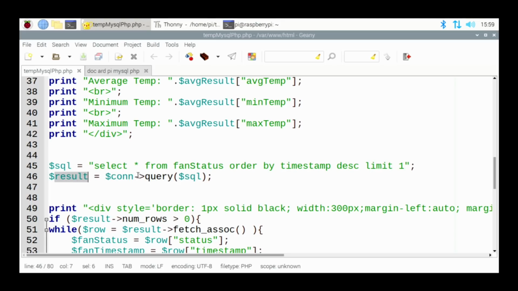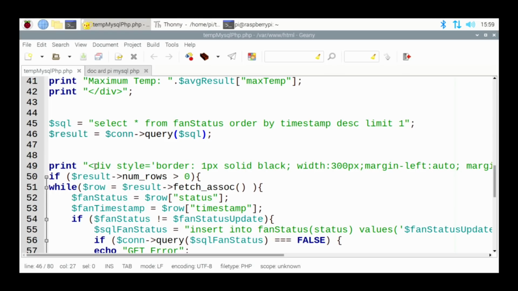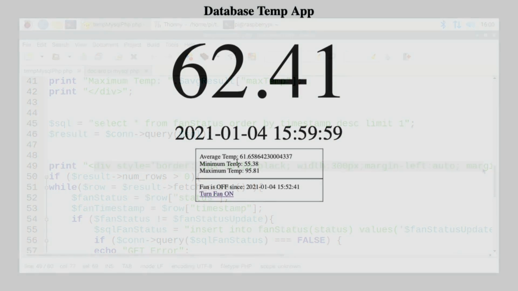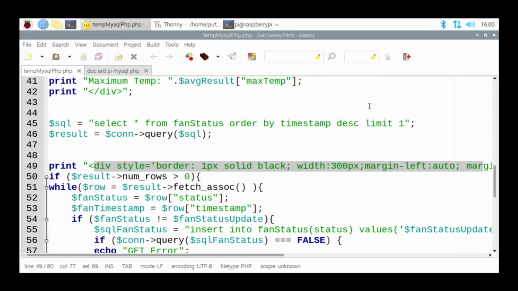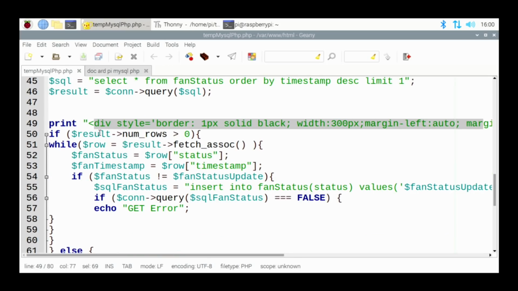Result is then going to equal connection query. So basically, we're going to query that. We're going to come down here. We're then going to print out, again, that div again. So we're going to print out the box. So this box that we're creating here, we're going to be printing out. Again, solid black line with 300 pixels, so on and so forth. So if result, number of rows is greater than 0,